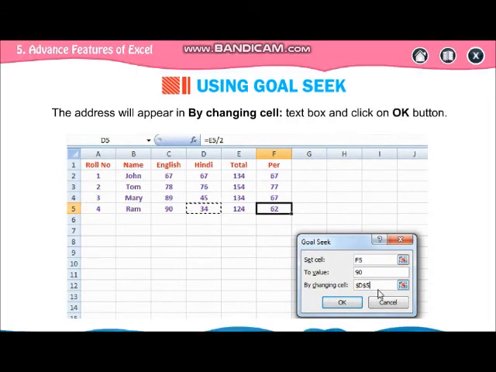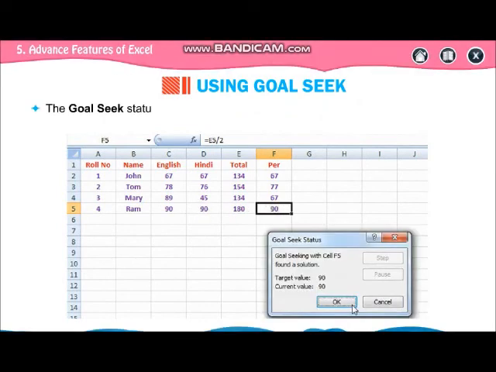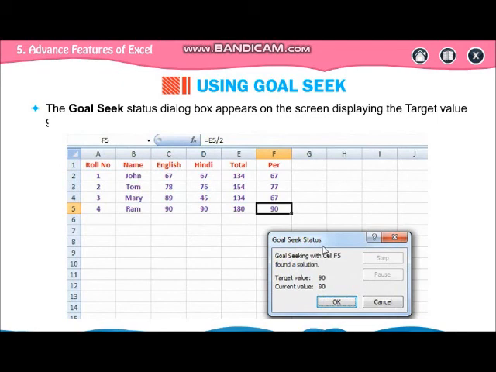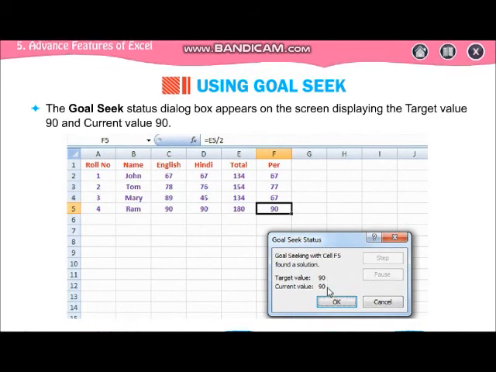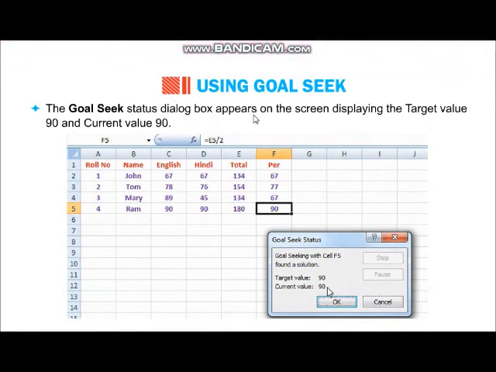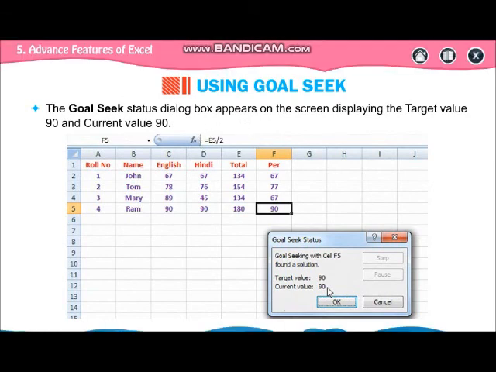The moment you click on OK, this value will be set as 90 and this value will be set as your 90. So changes will be reflected. The goal seek status dialog box appears on screen displaying the target value of 90 and the current value is your 90.